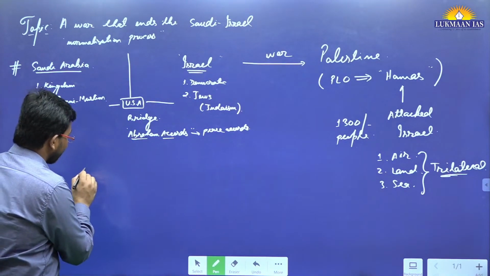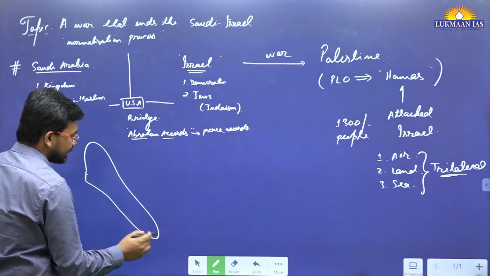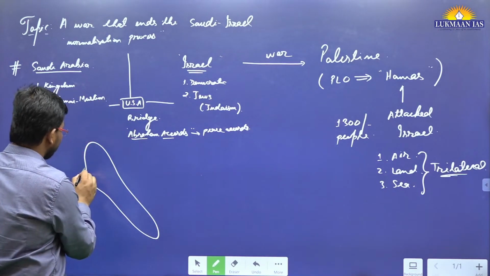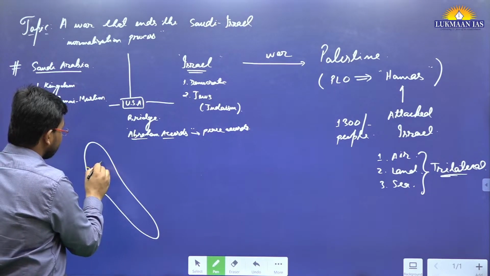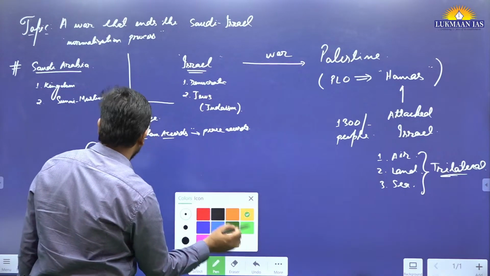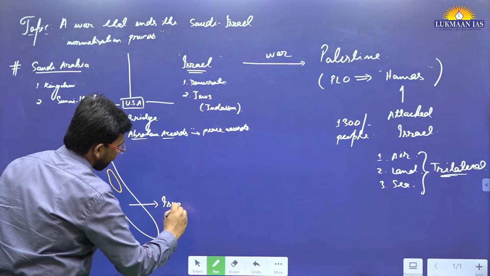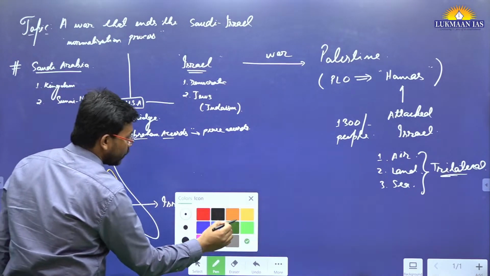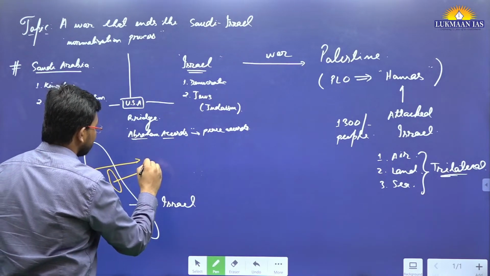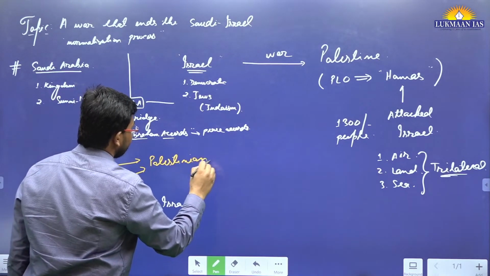Earlier, the map that we see, let me draw a map of Israel. Let's say this is roughly the map of Israel. And in this map, there are 2 regions. One of the regions is known as the West Bank, and the other is this particular area. So this region is Israel, right? And these yellow shaded regions are the places where Palestinian people exist.